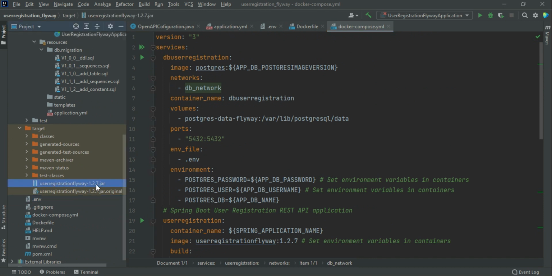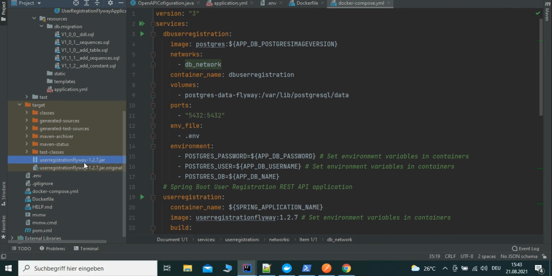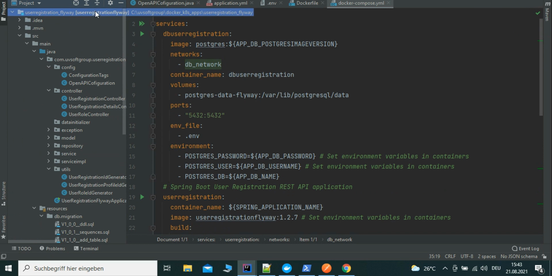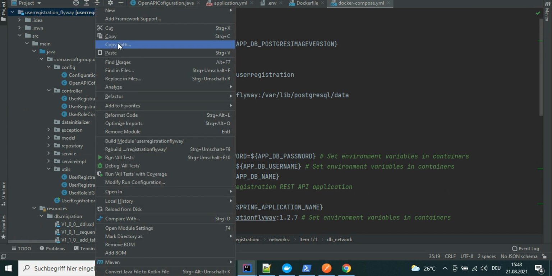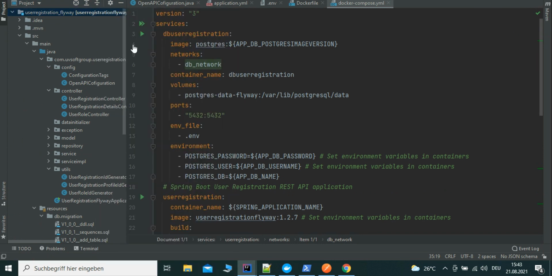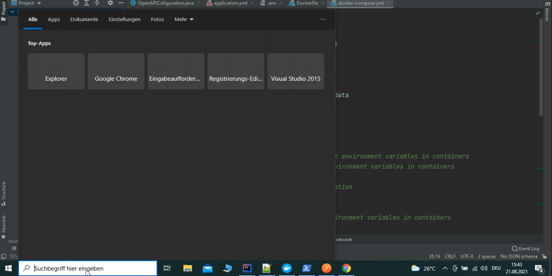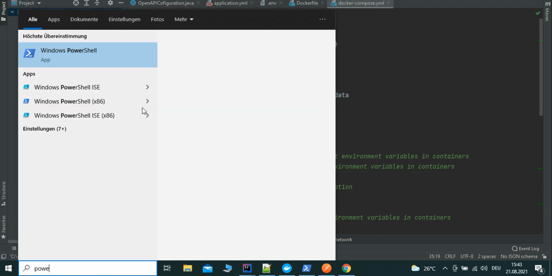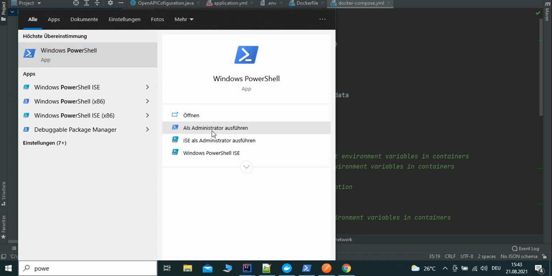So that means we define all the configuration in the Docker Compose file, and we create the user registration profile and versions. Just go to the user directory with the path of your application. Maybe we can try. I will show you the copy path. So we can copy the path. How can we create it? We can open PowerShell with administrative